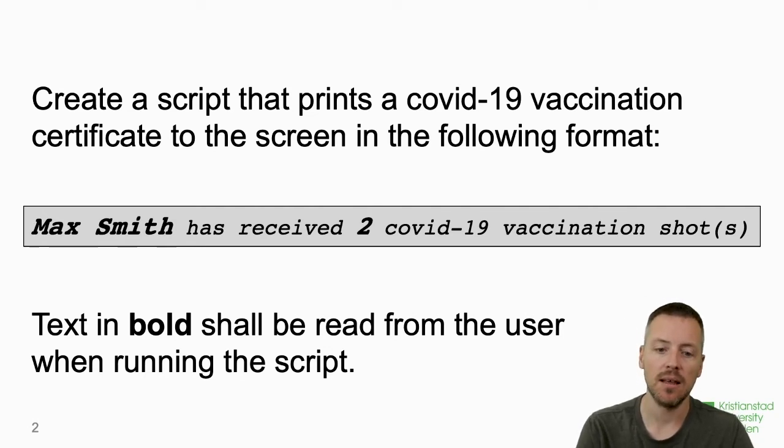That means that we can see under the text there that those should be read while we're running the script. So we shouldn't print them in bold. It just means that those values we should read while we're running the script. So all right, we will read the first name, the last name, and how many shots we got, and then we will print this message to the screen. But before we do that,